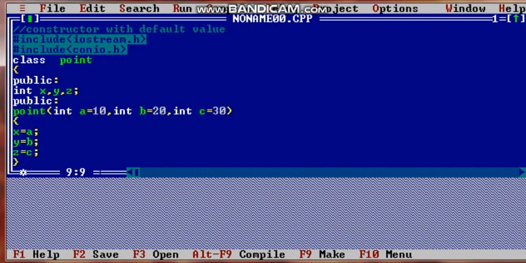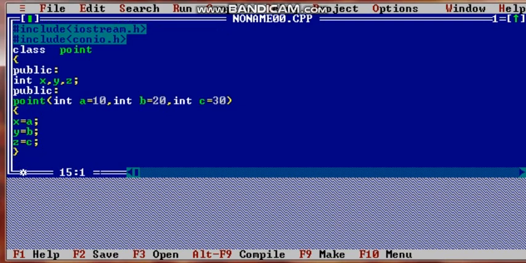There are 3 default values: for a 10, for b 20, for c 30. Previously it was a normal 3 argument constructor, but when we pass values in these parameters, now it is a constructor with default values.